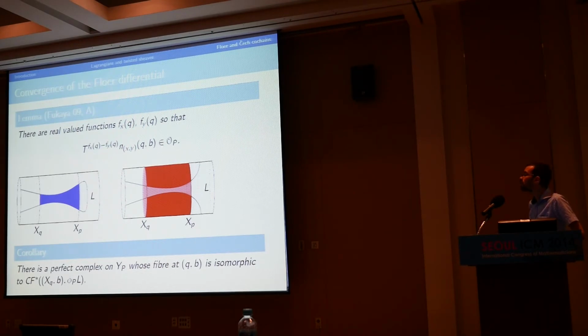Okay? But when I told you about the analytic structure on this moduli space, what I said basically is that these areas are exactly the holomorphic coordinates you have. Okay? So that says that after you multiply the contribution of the Floer differential by this function, what you get is something honestly analytic. And once you have this, you immediately conclude that you are in the realm of algebraic geometry. At least locally, you can produce these perfect complexes whose fiber is isomorphic to the Floer complex. That just has to do with understanding how area changes.